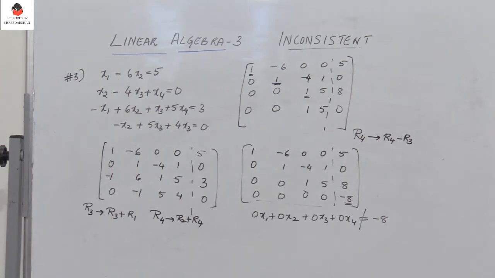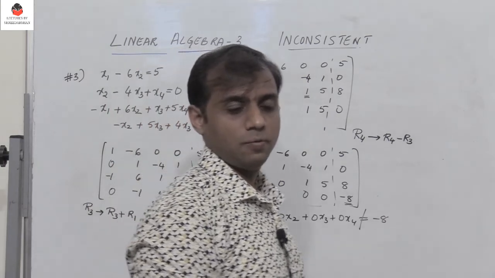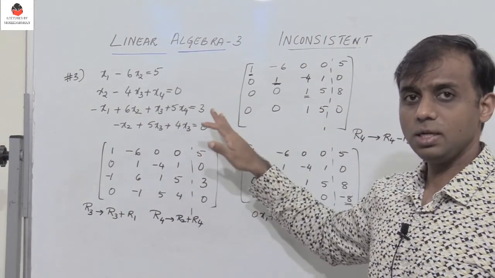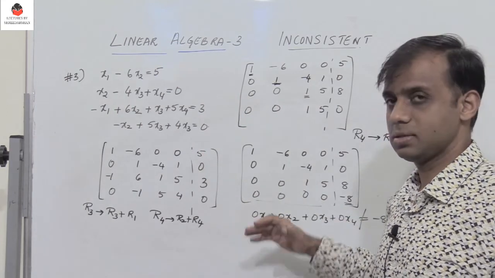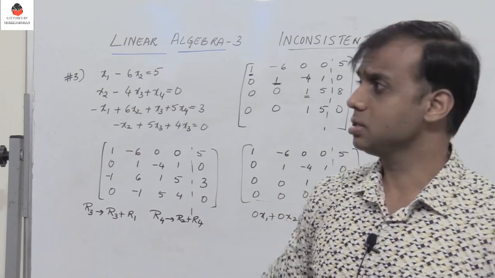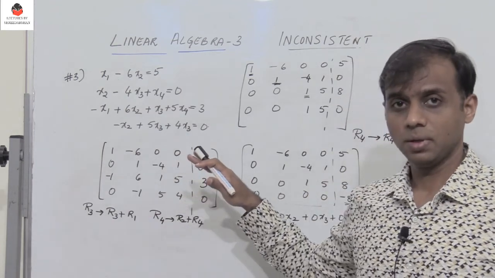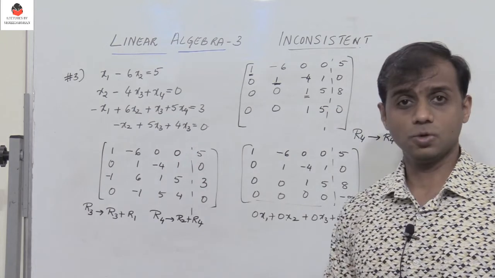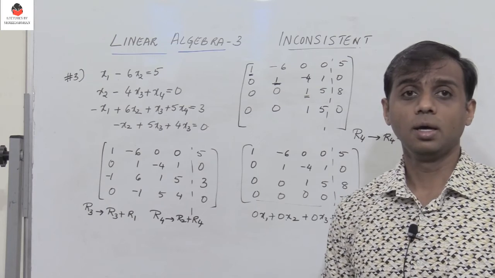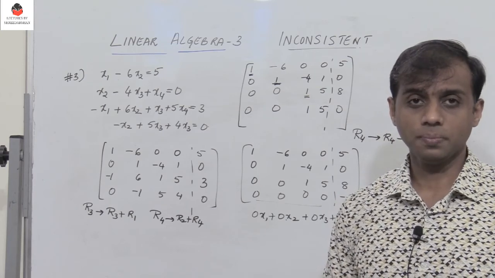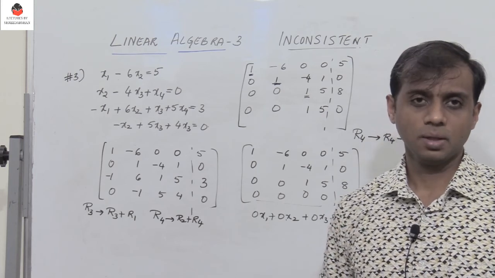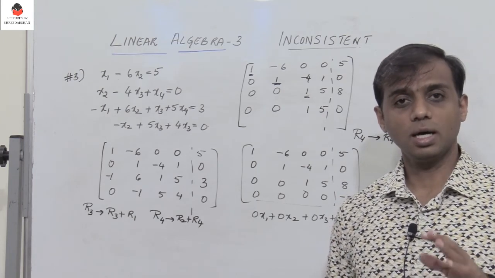So in lecture 3, we have taken a few examples where we have considered a system of linear equations, and we have seen the case where they are inconsistent. In the next lecture session, we shall take a few examples where the system of linear equations is consistent, where you may have a unique solution, or you may have infinitely many solutions. So what is the condition where you have infinitely many solutions? You have a unique solution, and we'll take a few more examples where the system of linear equations is consistent.